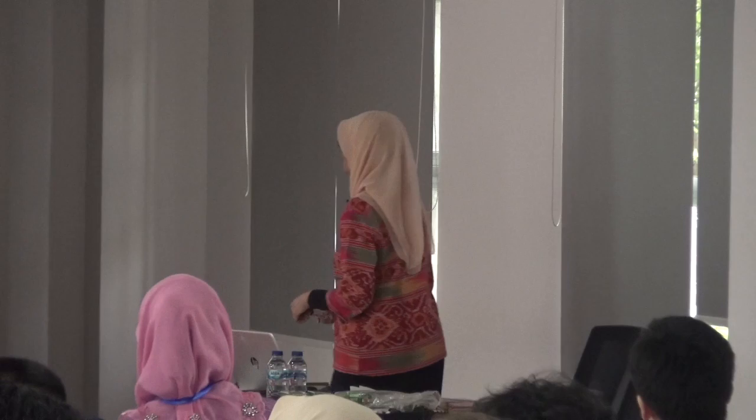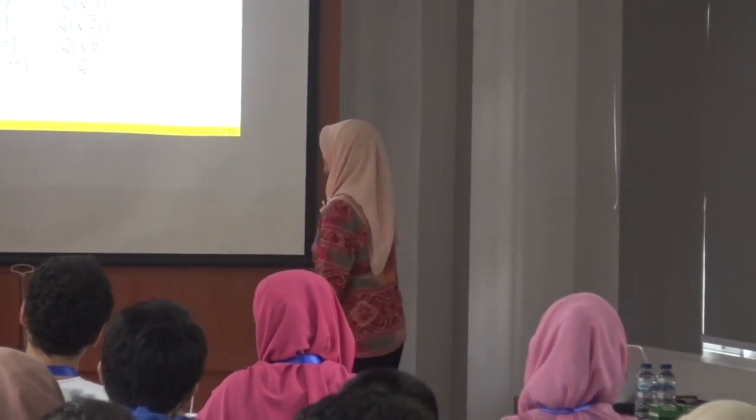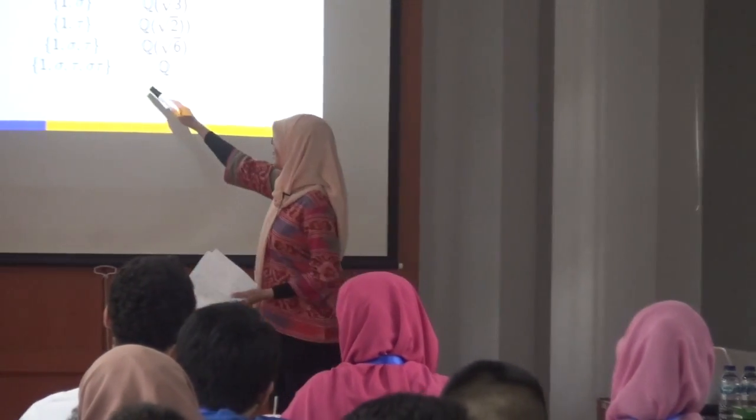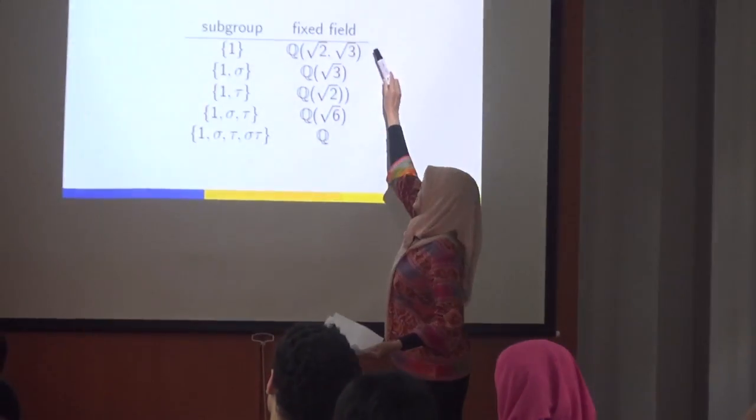Now we come to the other part. We will see what happened with this group. These are the four subgroups, and on the other side we have the subfields. We see that both of them make a good connection here, but in reverse. The biggest one is here, and the biggest one is up there.